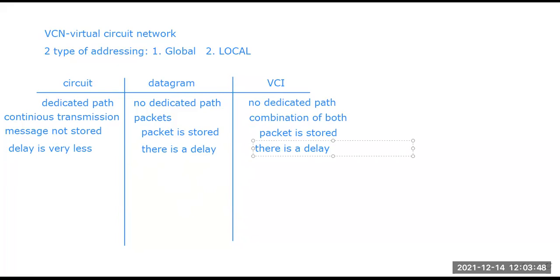One more difference is that in circuit switching, a fixed bandwidth is allocated for the transmission at the time of transmission, while in packet switching or datagram switching, there is no fixed bandwidth. Dynamic use of bandwidth will be there, right? And in packet switching, there is a header that stores the destination address with respect to the port number in the routing table. So these are the basic differences between packet switching and circuit switching techniques, right?